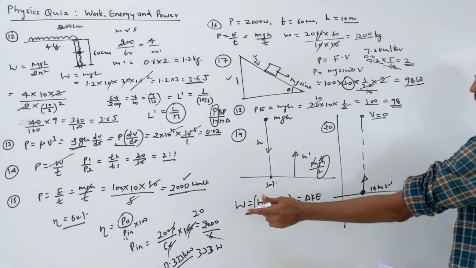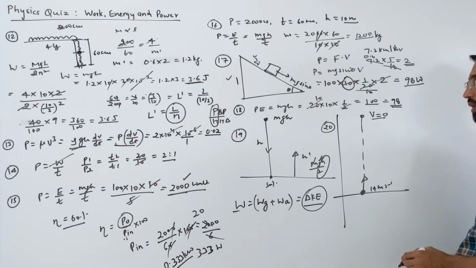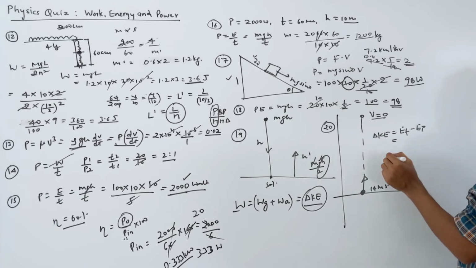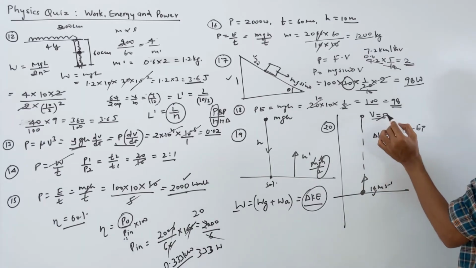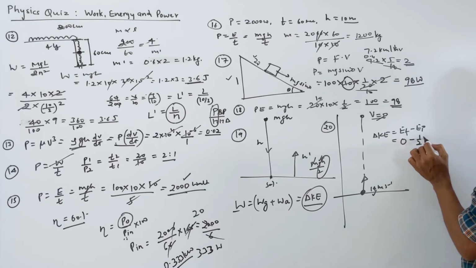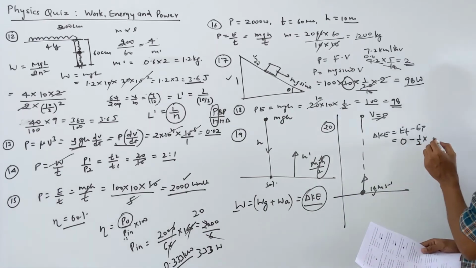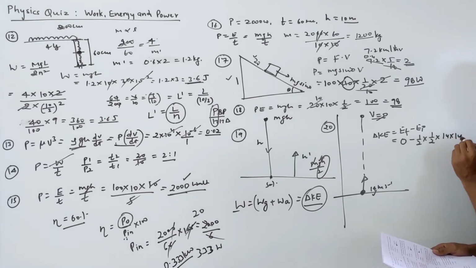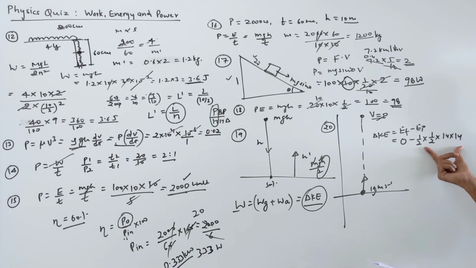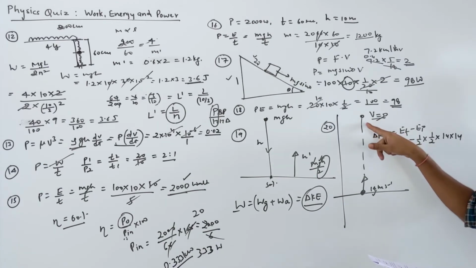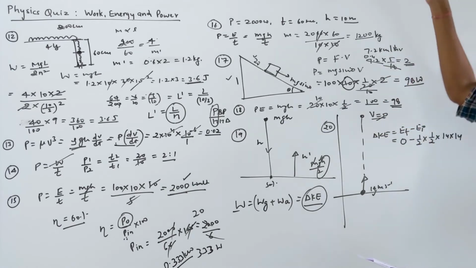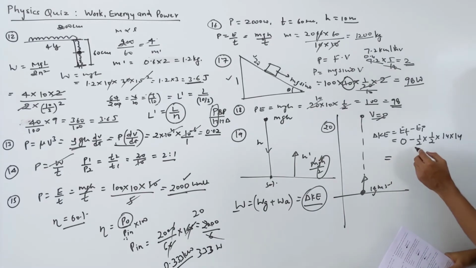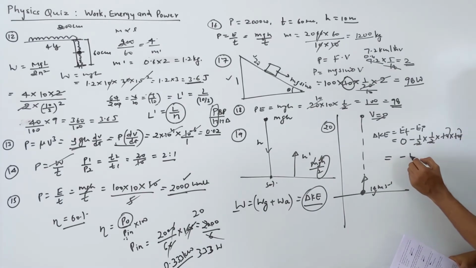So they are saying how much energy is lost. Let's first calculate: work done is equal to change in kinetic energy. Change in kinetic energy is final energy minus initial energy. The final energy directly becomes 0 because the final velocity is 0 at the highest point. Initial is half mv square. Mass is 0.5, that is 1 by 2 kg, and velocity is given 14, so 14 into 14. This is your change in kinetic energy. This goes 7 times, that goes 7 times, so this becomes minus 49.